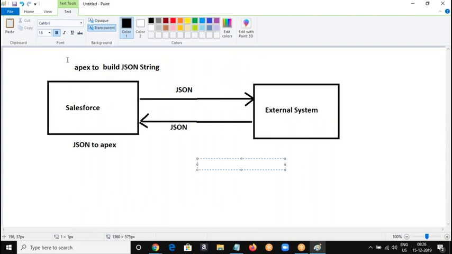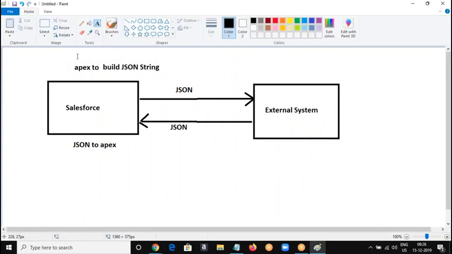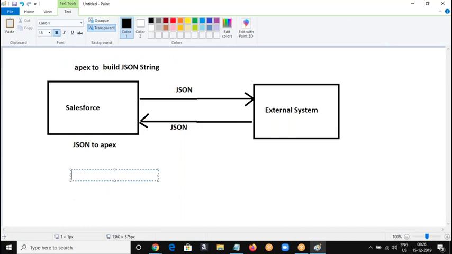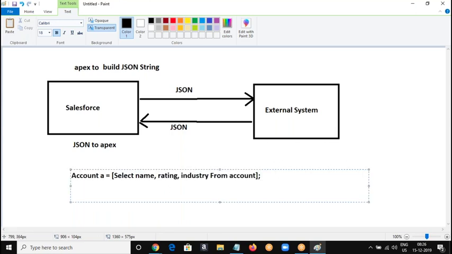From the object data, suppose I have an account record in my hand like this. I have an account record. So how to convert